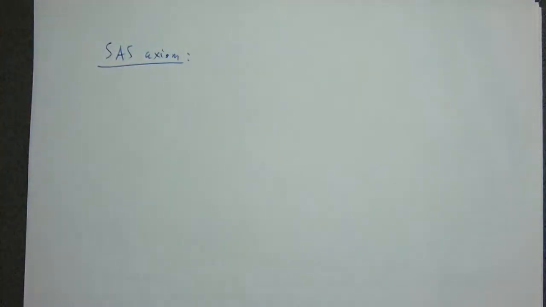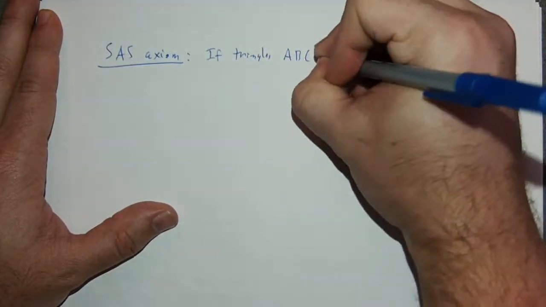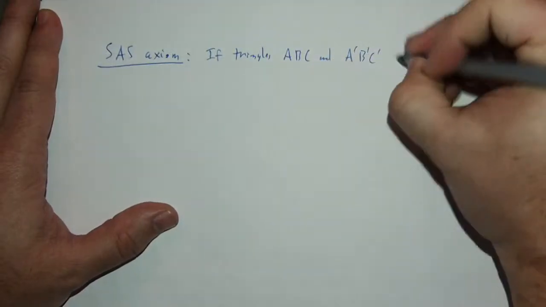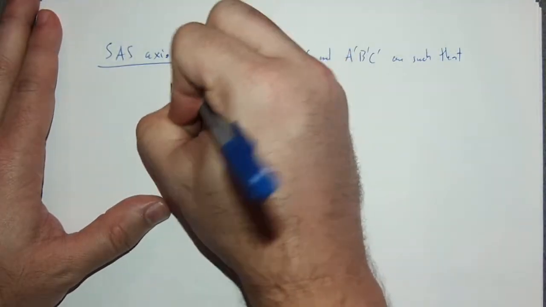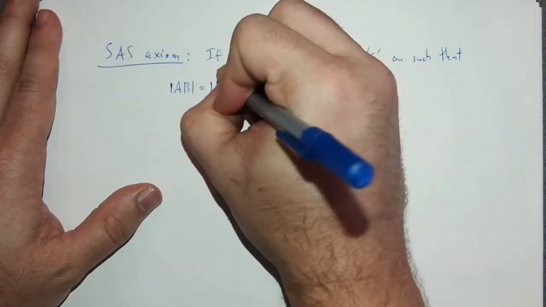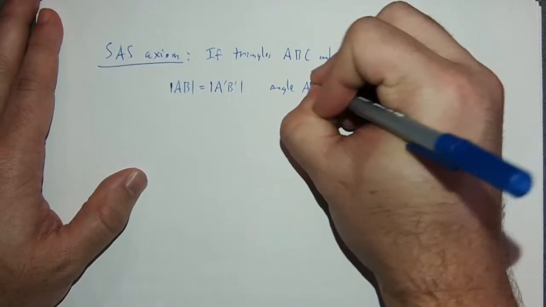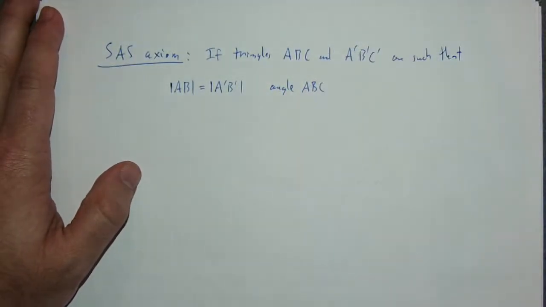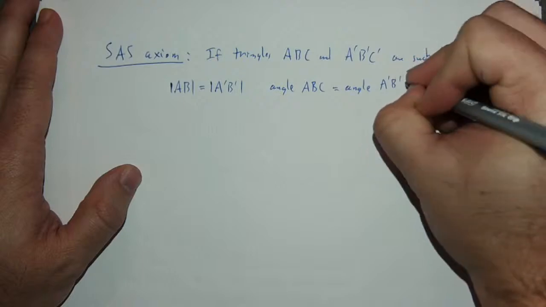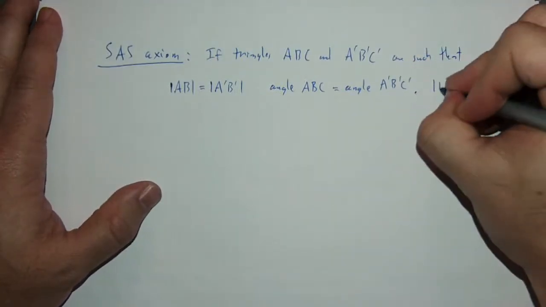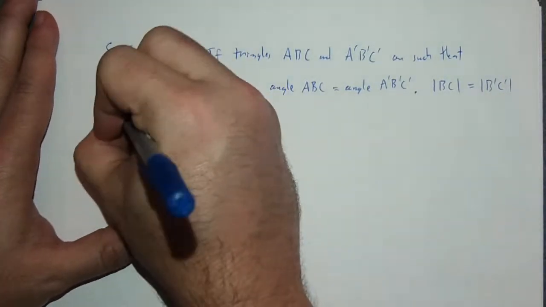If triangles ABC and A prime, B prime, C prime are such that the side length AB is equal to the side length A prime, B prime, angle ABC, which means the vertex of the angle is B, if you remember from high school geometry, is equal to angle A prime, B prime, C prime, and side length BC is equal to side length B prime, C prime, then also